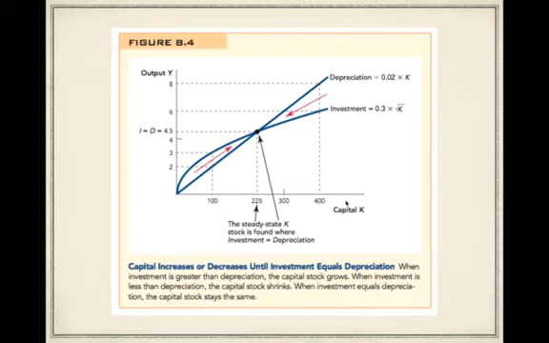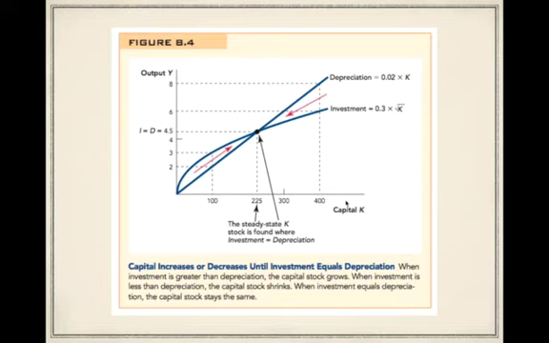Of course, the whole reason we're using this is because at the steady state level of investment and depreciation, we will have a steady state level of output. And at that level of output, we will neither be growing nor contracting. So that's one thing for which we're going to use this. This allows us to say something about whether we expect capital to grow or shrink.